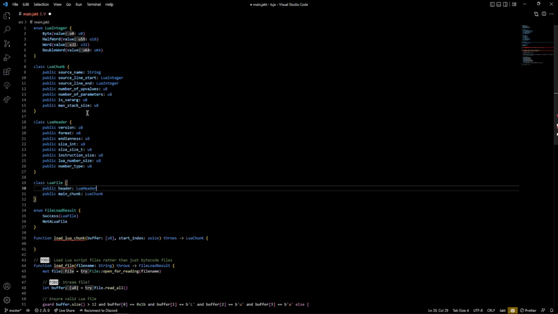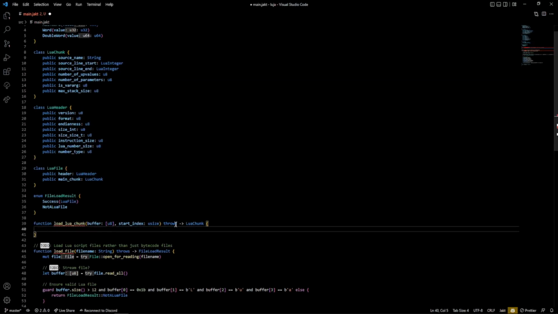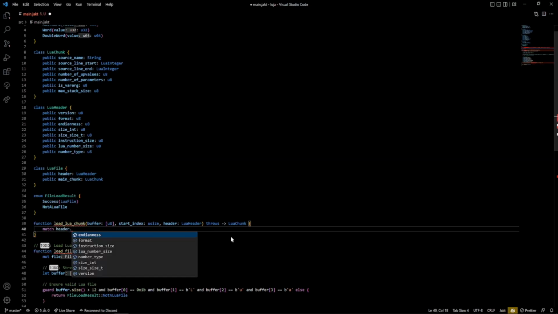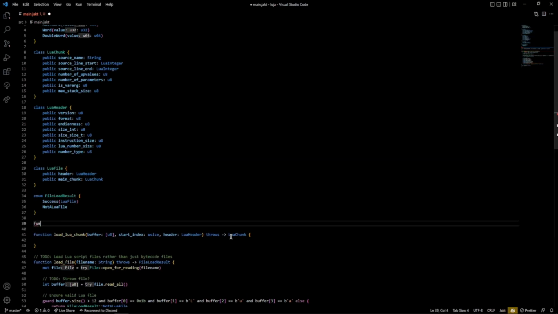Okay, yeah, a Lua file will have a header and a main chunk, and this can take the header like this. Header is a Lua header, and then we can act on the information in the header. So if we have, we can do match header. This we should also put in a function. We're going to do function like load Lua string,